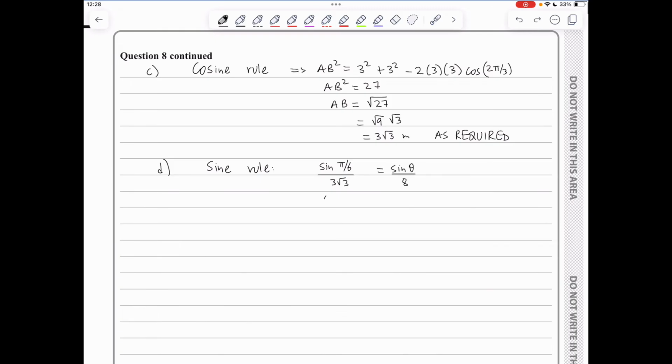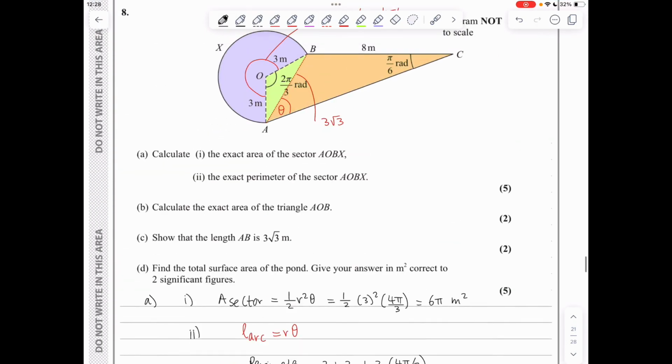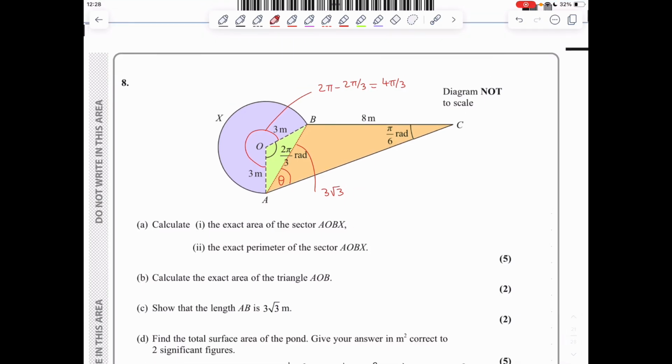I can cross multiply to get 8 sine pi over 6 over 3 root 3 is equal to sine theta, and therefore this leads to 4 root 3 over 9 being sine theta. We can find theta by doing shift sine of 4 root 3 over 9, and this gives an answer of 0.8785... So I could actually go back to my diagram here. Angle theta is